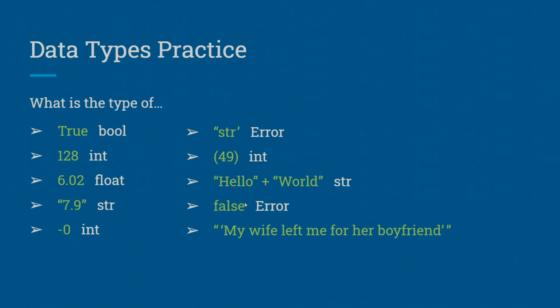Next, we have 'my wife left me for her boyfriend'. Again, trick question. While you might be tempted to call this a boolean since the statement is true, in actuality, this is a string. Note that I have single quotes inside of the string. This is okay in Python, as long as the type of quote used in the string is different from the quotes used to define the string. Typically, you would want to do something like this in order to imply that the statement inside of the quotation marks was not said by you, when in reality it